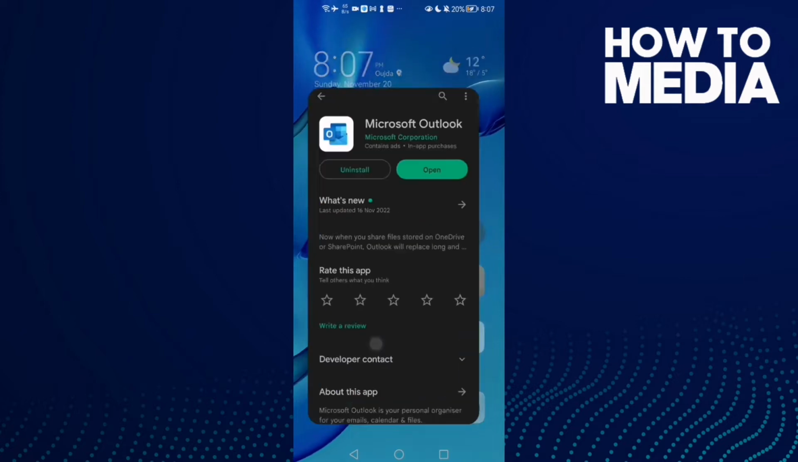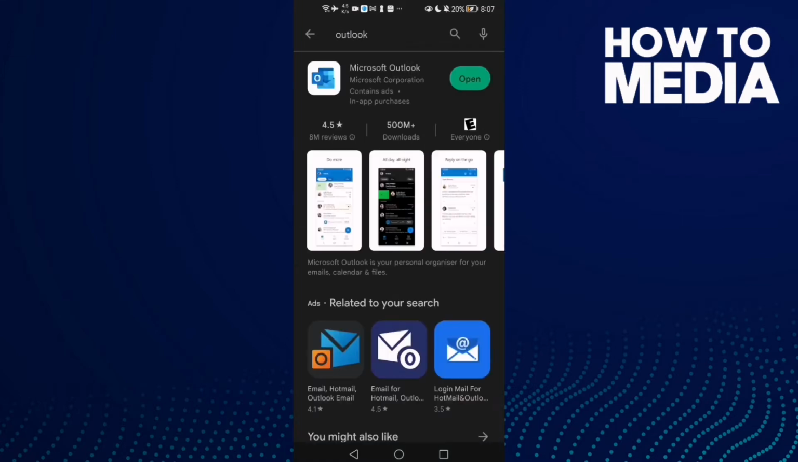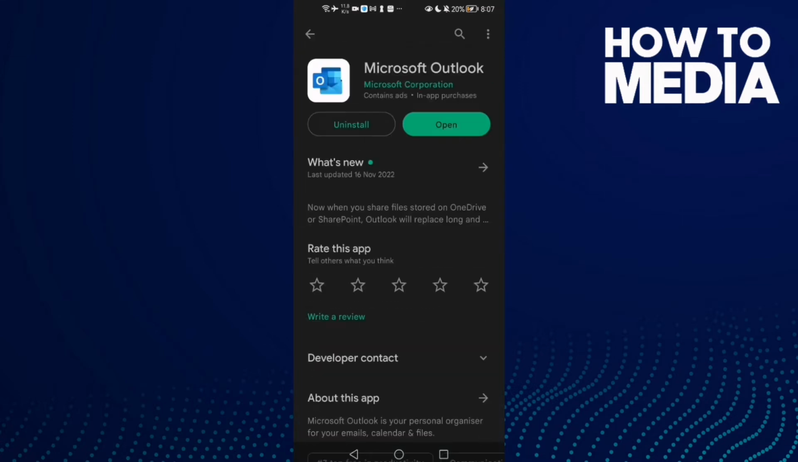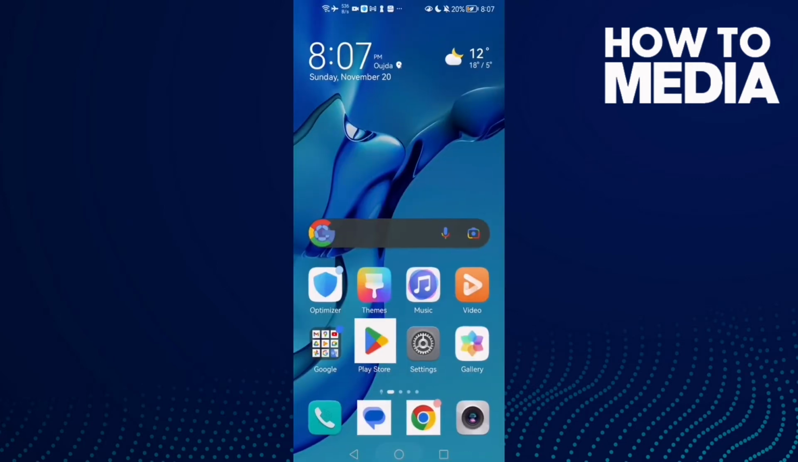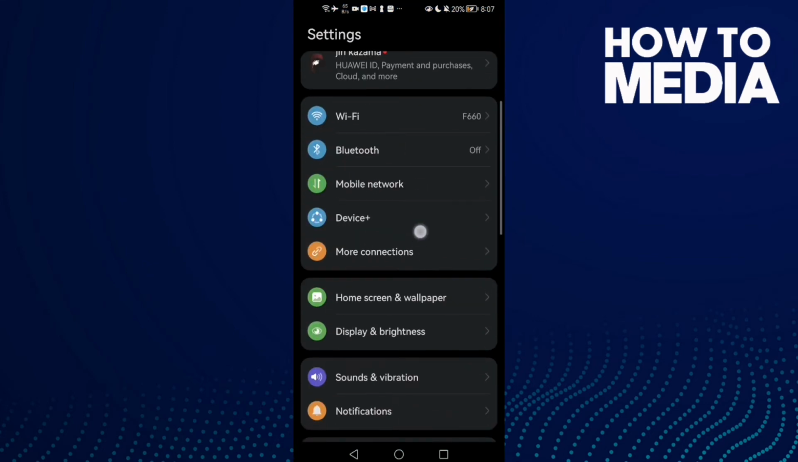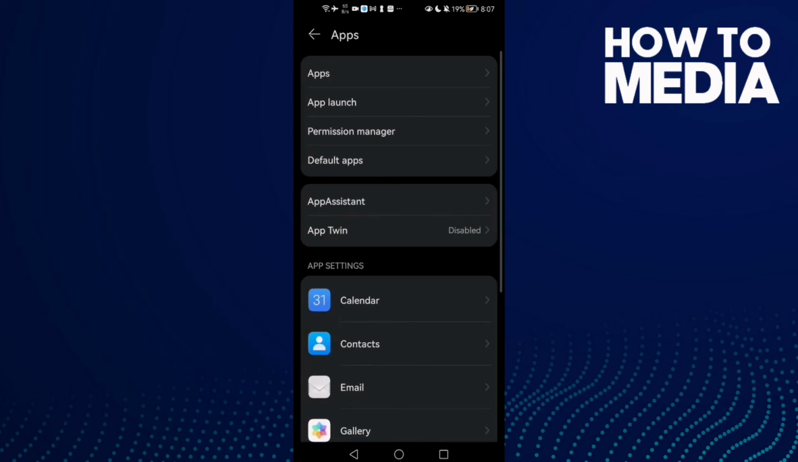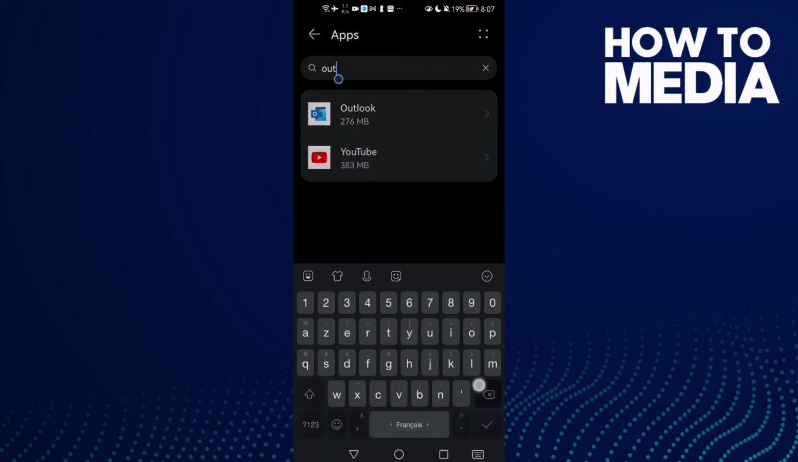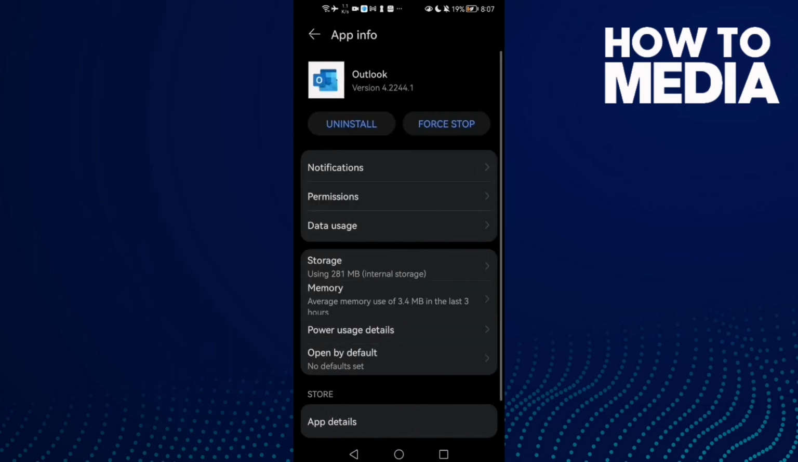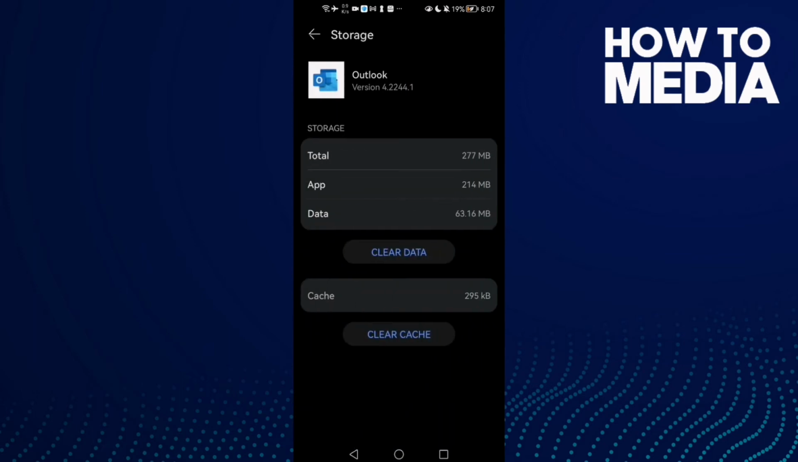First open Play Store and here type Outlook and check if there's any update for Microsoft Outlook here, and then just update it. After that click settings and then scroll down until you find apps, and now click apps again and here type Outlook and click force stop, go to storage, clear cache,